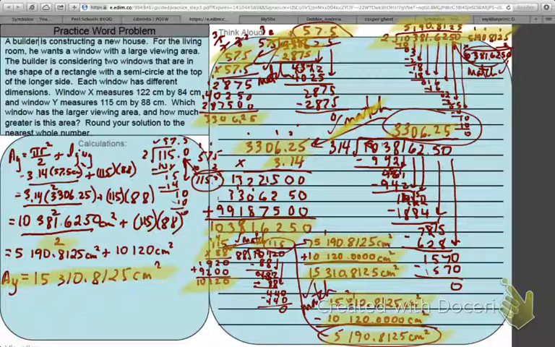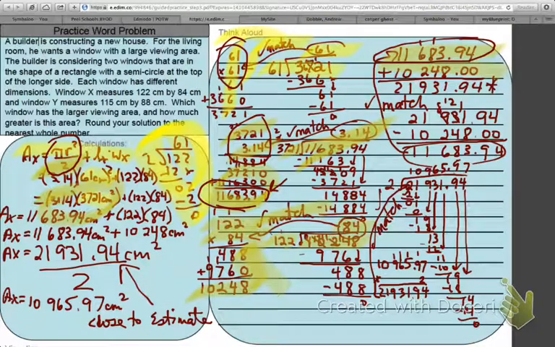So as you can see, we've got all of our information, and all the calculations go all the way to the nearest 10,000th. But now we need to round them to the nearest whole. So let's go back to the area of window X. To round this amount to the nearest whole, we simply look at the digit in the tens column, which is a 9, and because it's 5 or greater, that means we round the digit in the ones column up by 1. So area of window X rounded to the nearest whole is, now because we're rounding, I'm going to say it's approximately equal to